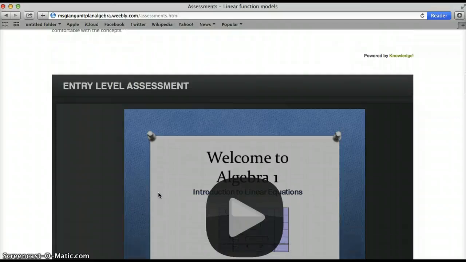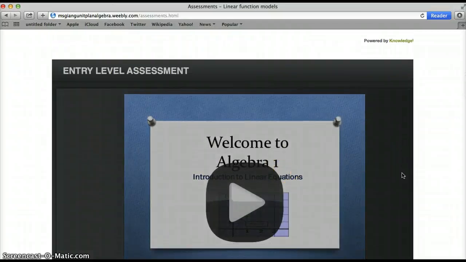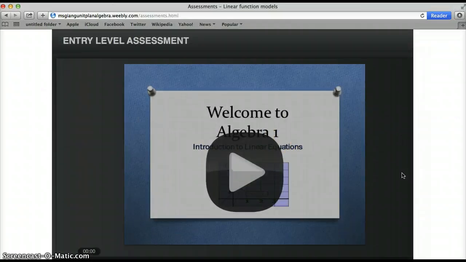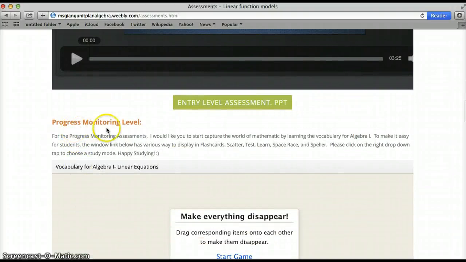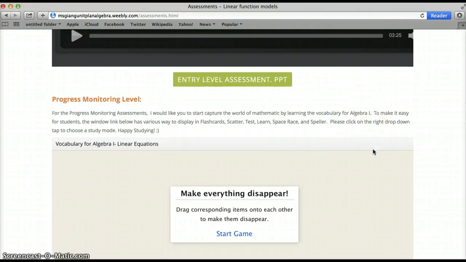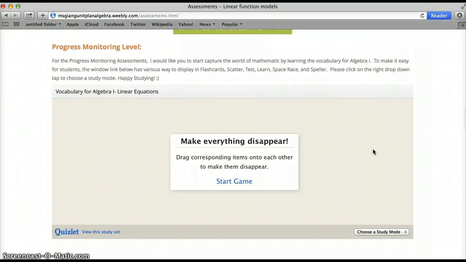And once you watch this video, you can watch it again if you want to memorize the concept better. And once you feel comfortable, you can start with the next level, which is the progress monitoring level. And in this level, I want you to really capture the world of mathematics by learning the vocabulary of Algebra 1. I make it easy for students by providing a window linked with different study modes, and you can pick